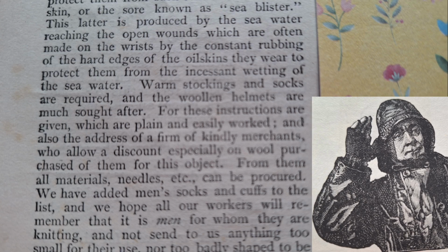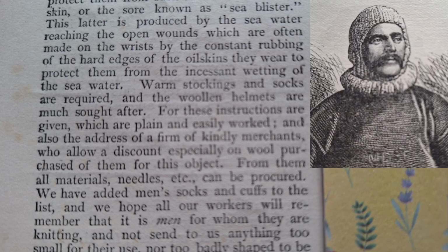Warm stockings and socks are required, and the woolen helmets are much sought after. For these, instructions are given, which are plain and easily worked, and also the address of a firm of kindly merchants who allow a discount especially on wool purchased of them for this object. From them all materials, needles, etc. can be procured. We have added men's socks and cuffs to the list, and we hope all our workers will